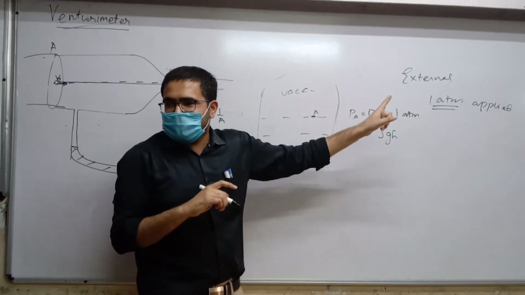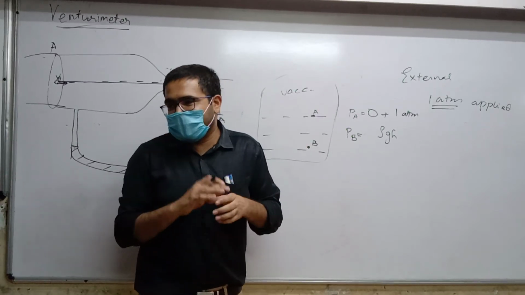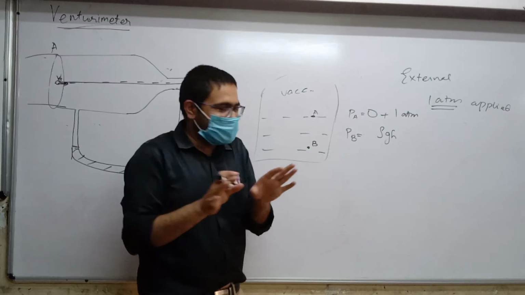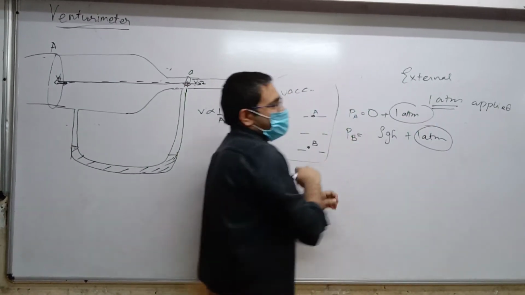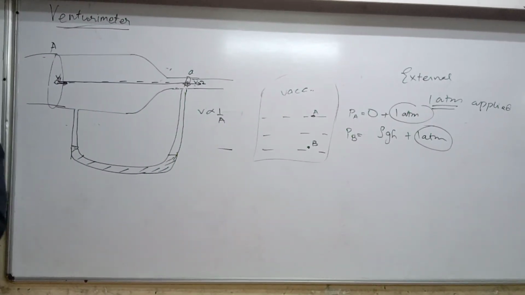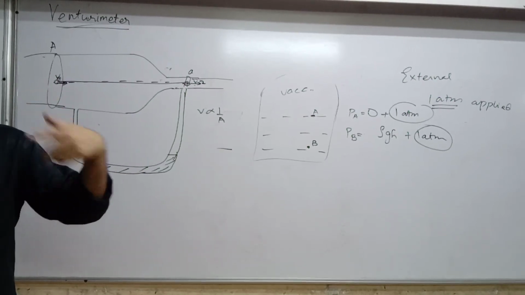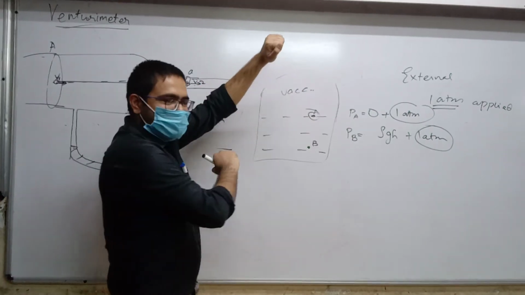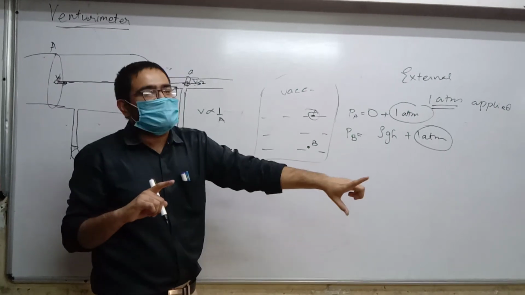Good so far? Yes. So now will pressure at B change? Yes. How much will it become? 1 plus, pressure at B will also become 1 plus 180 pascal. When external pressure is applied at one point, that same pressure is transmitted to every other point. So because air is applying pressure here, that goes everywhere. Extra 1 atm goes everywhere.